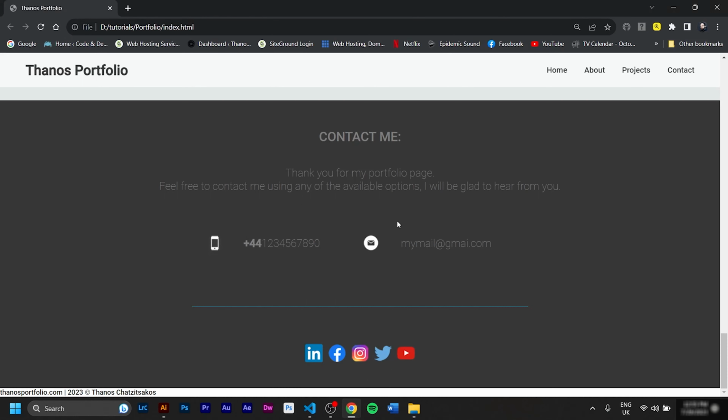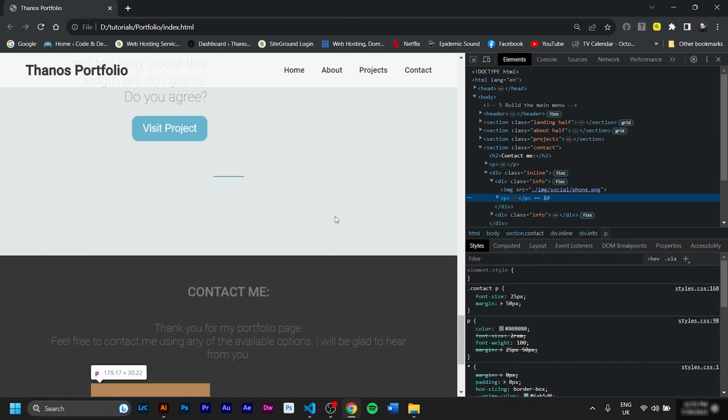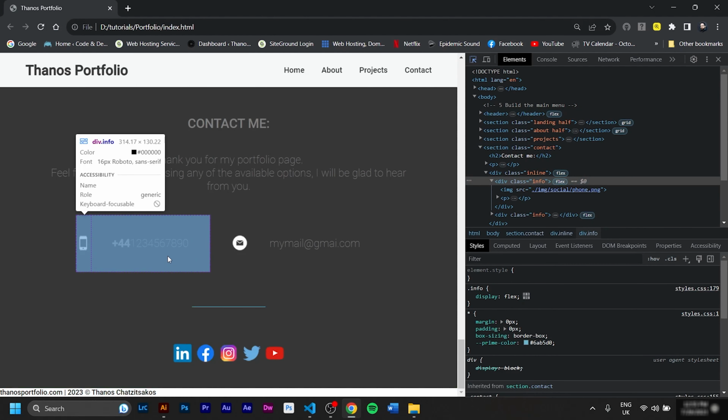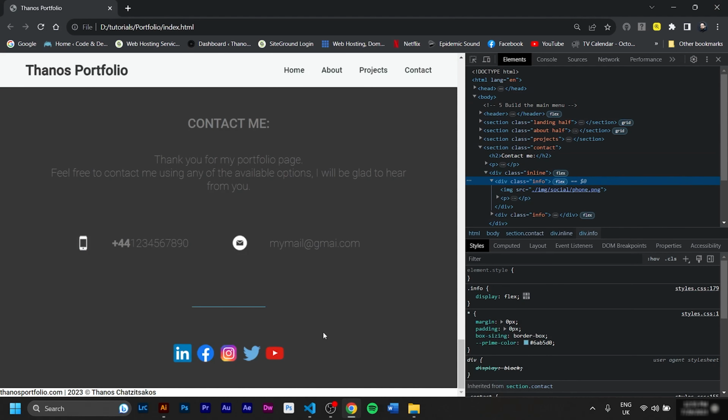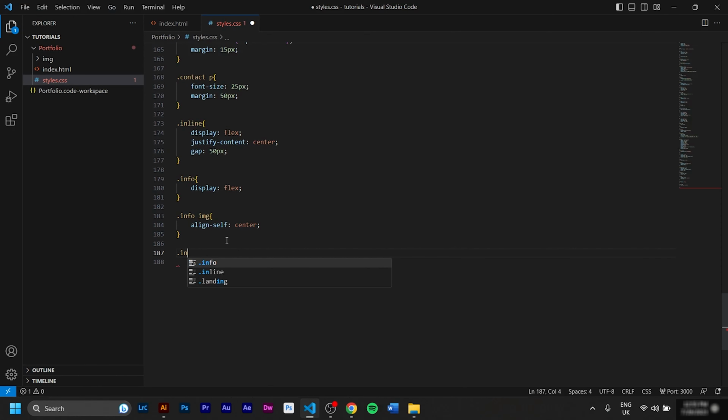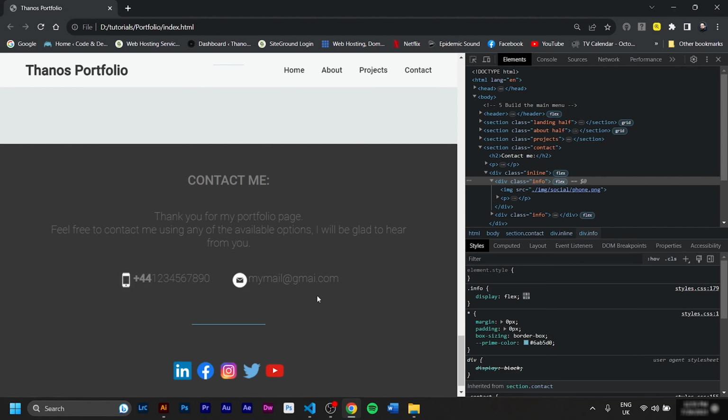And now these spaces are actually huge. So I want to change only this piece here, but I don't want to mess around with all the other pieces. Let's go inspect. So we see that these ones are children of the div info. So we'll go on and target those ones only. We can go .info, put this sign if you like, and we'll go margin 0 pixels. Let's see if it's better. Looks way better to me.